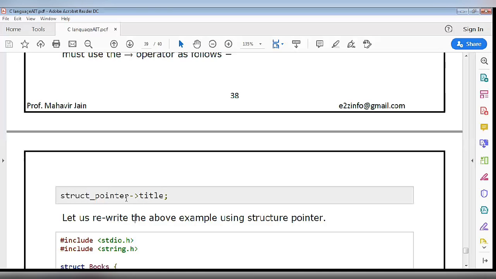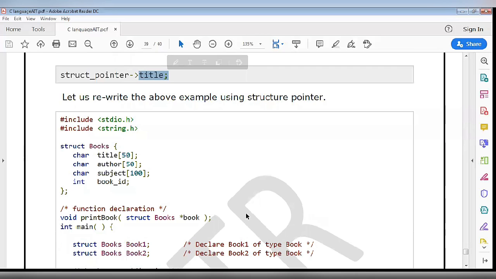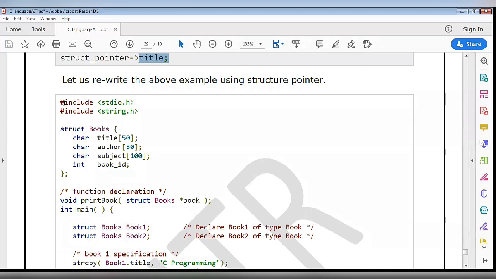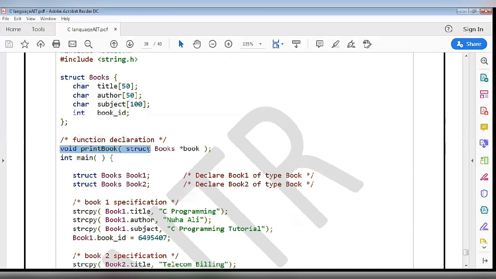After that we have defined one structure as we defined earlier, struct books, with the same members as earlier. We did not change anything in this structure. We have also taken one function, print book, where void is the return type, and we are passing one argument, struct books pointer book.